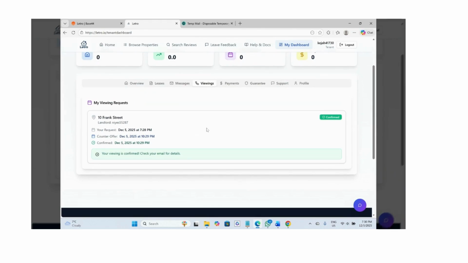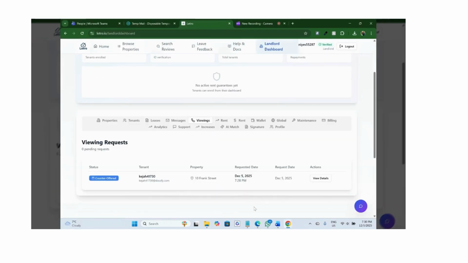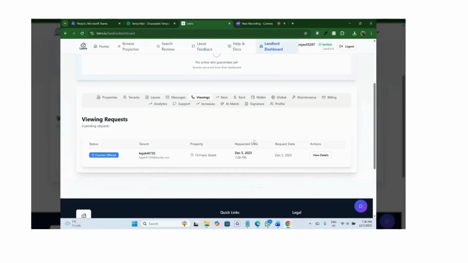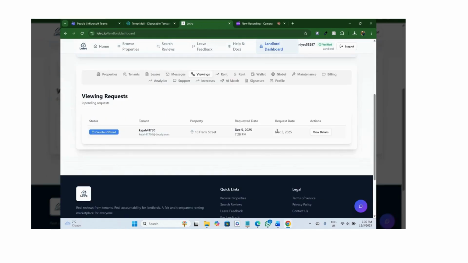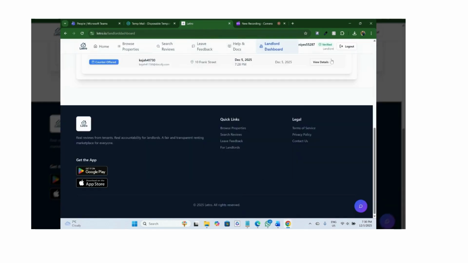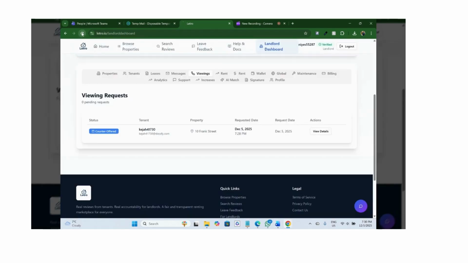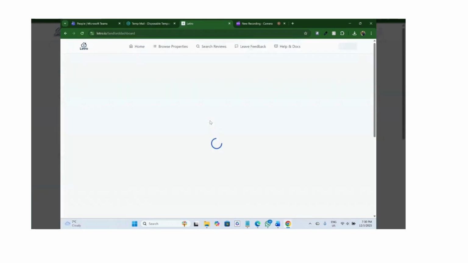Now you decide to rent the room to the tenant. Now landlord will send you registration for their tenancy agreement. So landlord will go to view request, then click on view details. If something is not displayed, just refresh the page. It will show you